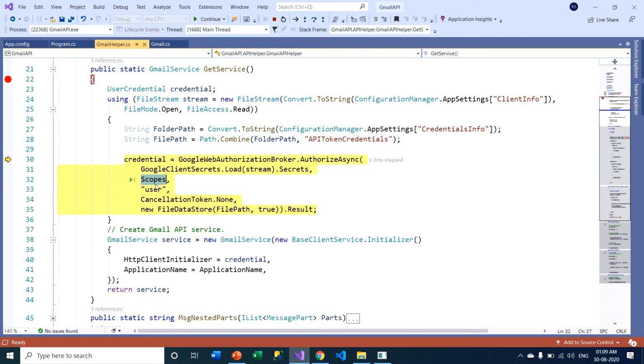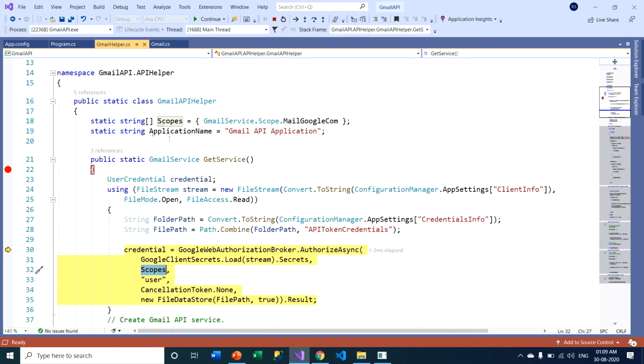And I am providing a scope. This is a very important thing. The scope is one kind of permission: what type of permission I provide to my application for accessing the Google API.